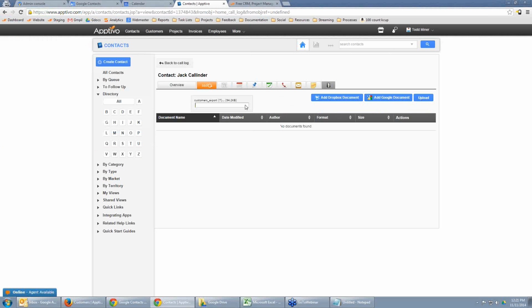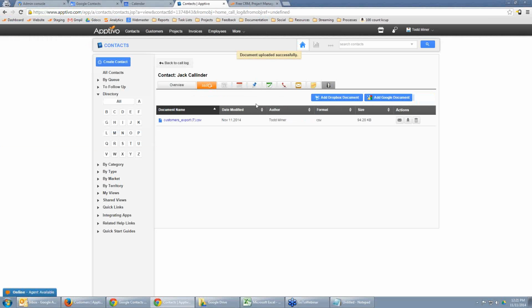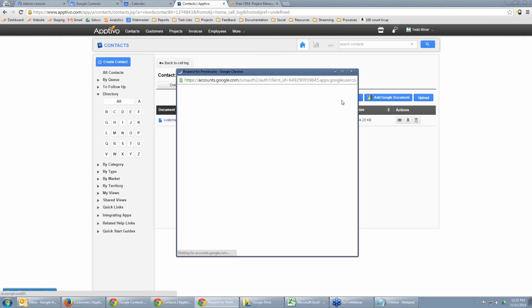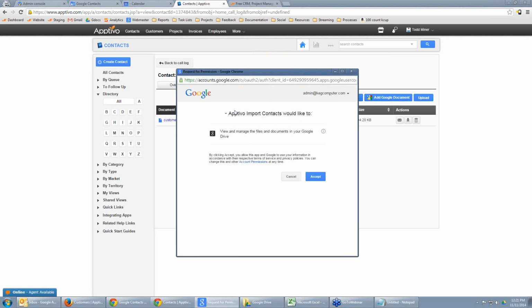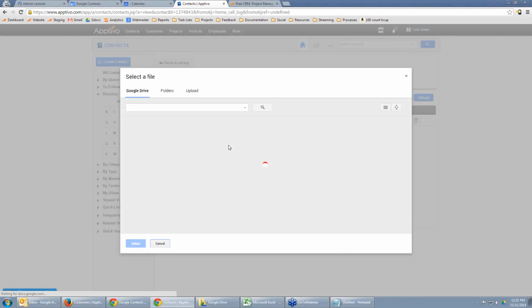But in this case, I do create a second copy of the document, and then there are some document storage restrictions within Apptivo. So instead of that, you'll see that we have integrations with both Dropbox and Google, and they both behave pretty much the same, where I can click on this. What it'll do is take your current logged in user. So you'll see I'm currently logged in as this admin at Keg Computer. All I have to do is accept, and then it'll bring up this